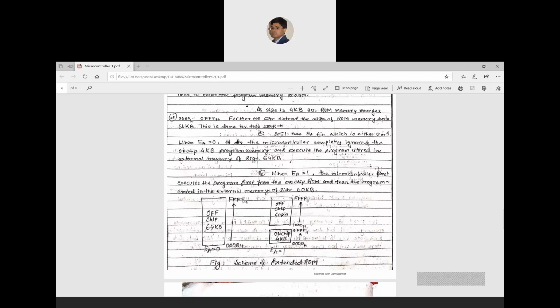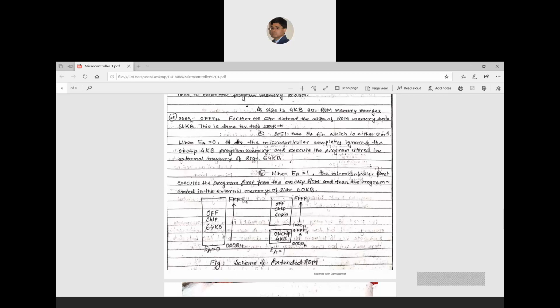Then after this location, when the microcontroller goes to the next location, it will jump to location 1000H of that off chip ROM, which is not part of the system on chip. So what is happening here? When it jumps to the next location, that is 1000H, among the 64 kilobyte of external off chip ROM, the first 4 kilobyte is ignored. That is not used.